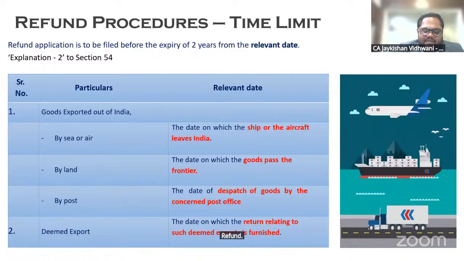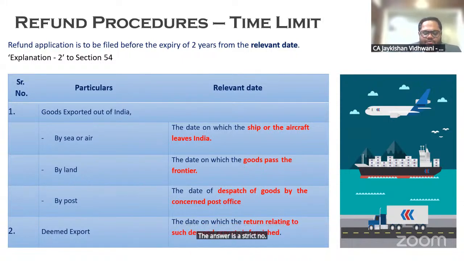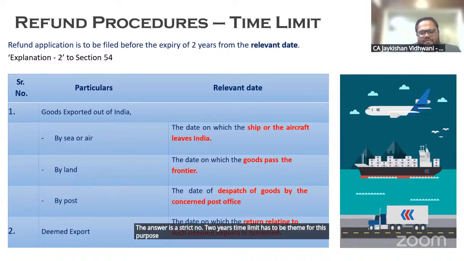Next, we discussed the timeline for claiming a refund, meaning as and when the assessee feels, can he claim the refund? The answer is a strict no. A 2 years time limit has to be seen for this purpose, and for the calculation of 2 years, there were